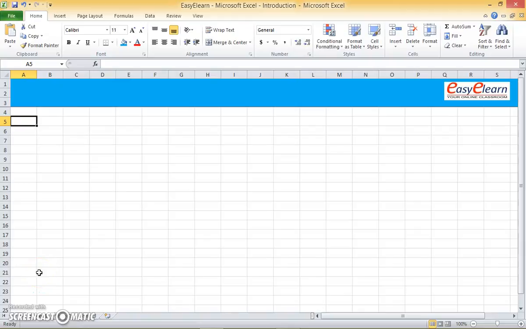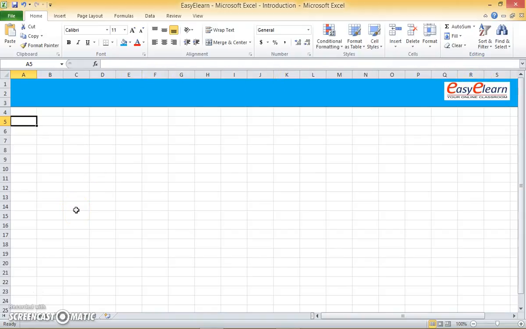Hi, today I'm going to introduce you to Microsoft Excel, how to do some calculations in Microsoft Excel, and the fundamentals about Microsoft Excel. So if you look on the screen now, the rows are numbered. I have from row number 1 until 25 here, and the columns are denoted by alphabets. I have from A until S.